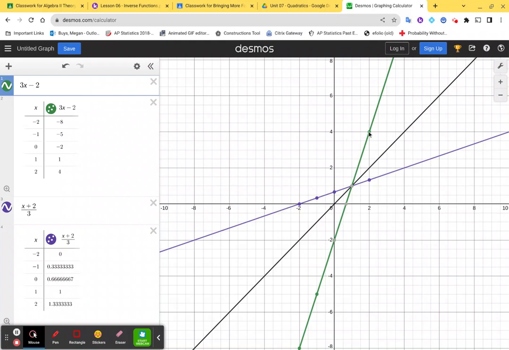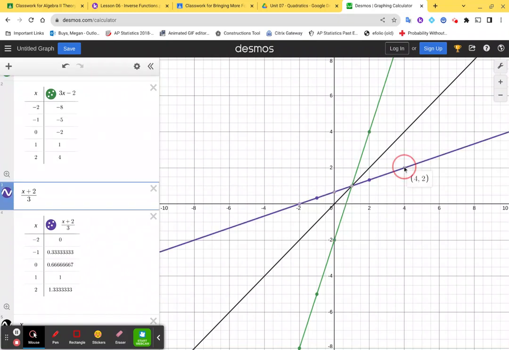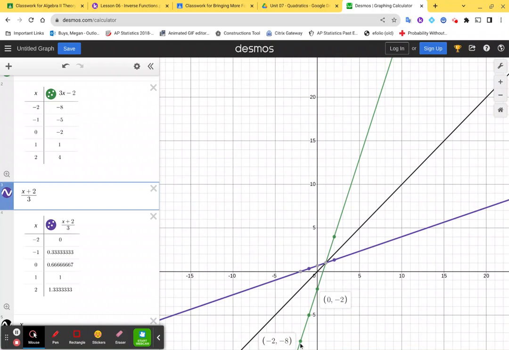So if I look at this point, let's say on my green one here, I've got 2, 4. But look here, 4 and 2 is also on this graph. 0, -2, -2, 0. So if I go to try to find some nice points, even like this -8 down here, so -2, -8, if I go to -8 over here,